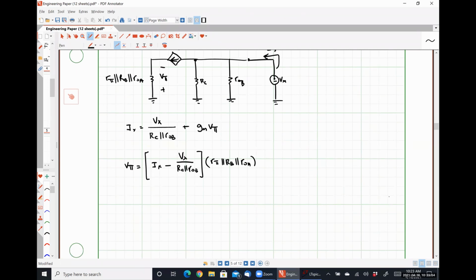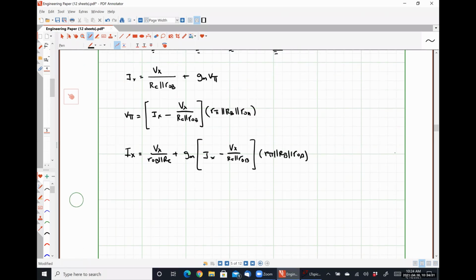Plugging that back in, what I am left with is Ix equal to Vx over R naught B in parallel with RC, plus gm times Ix minus Vx over RC in parallel with R naught B, everything multiplied by R pi in parallel with RB in parallel with R naught A. Moving my Ix terms to the other side, this gives me Ix times 1 minus gm times R pi in parallel with RB in parallel with R naught A,